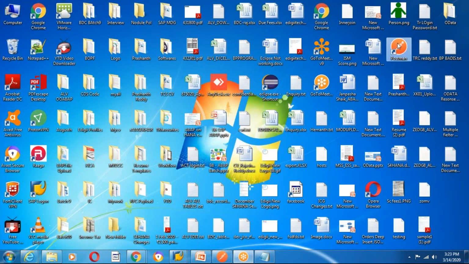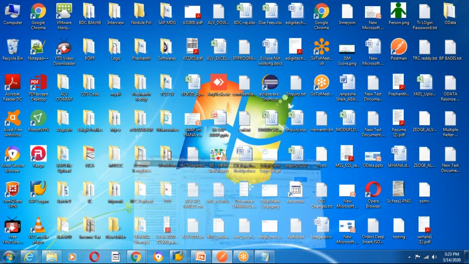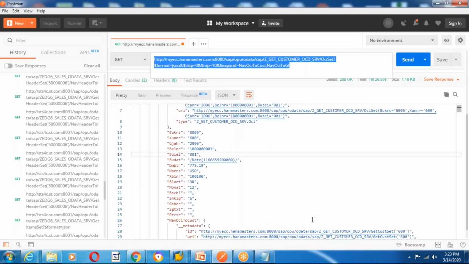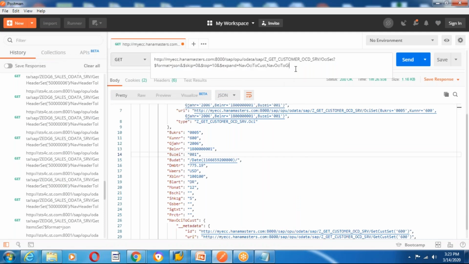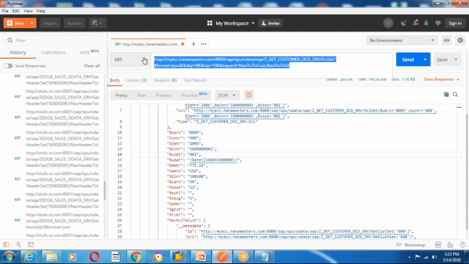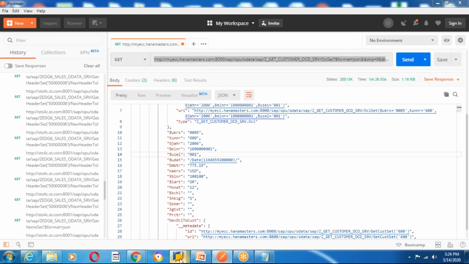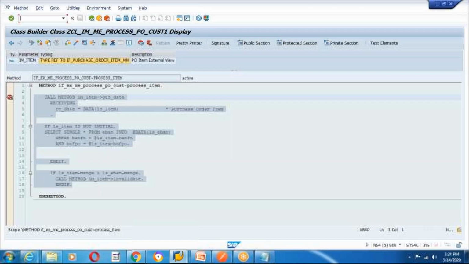Okay, I think it is stuck. So how can you post the data? First, this is a little complicated, so next session I will explain this. If I explain it directly you will be confused. First we do a simple update, then later I come to this part. So for that I'm going to create